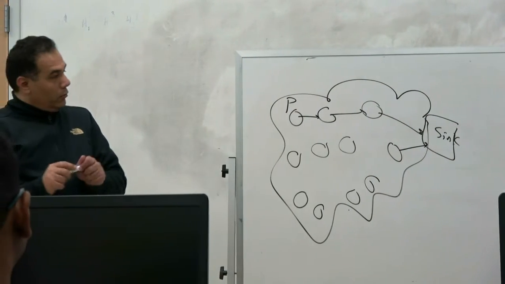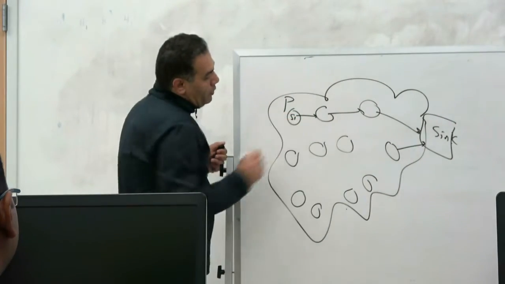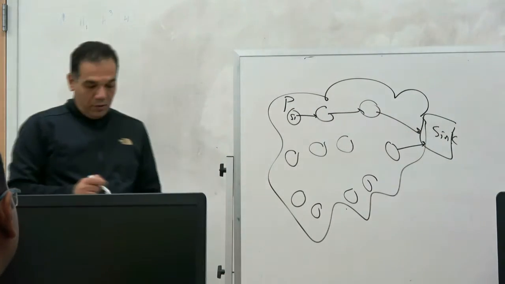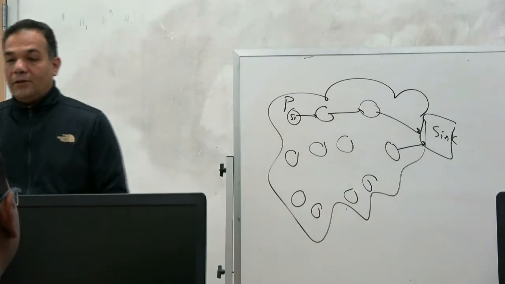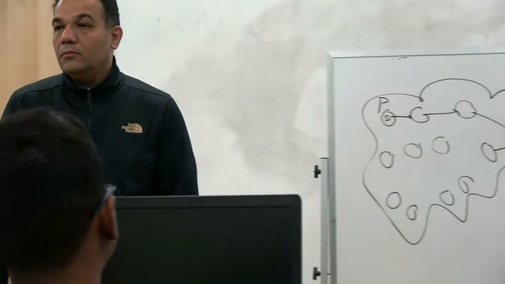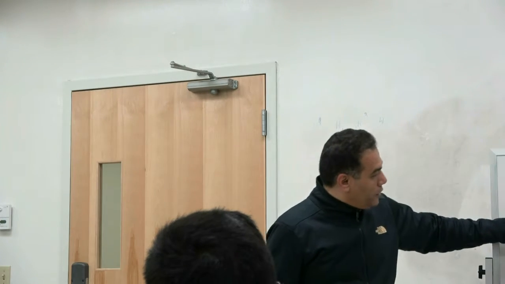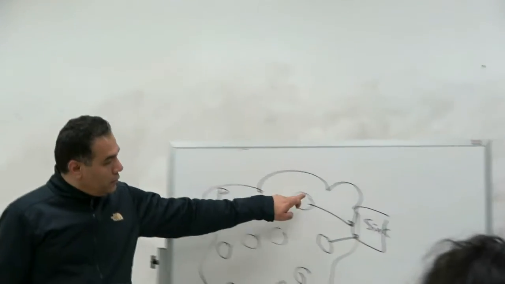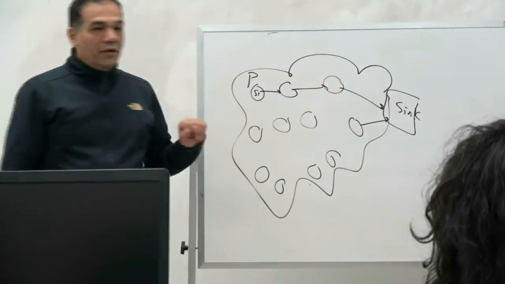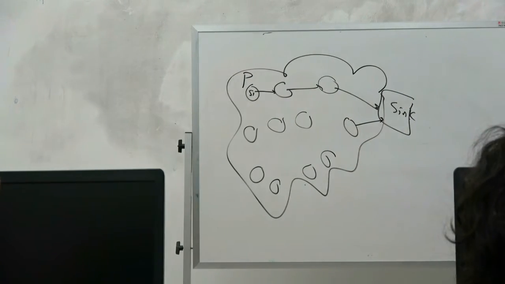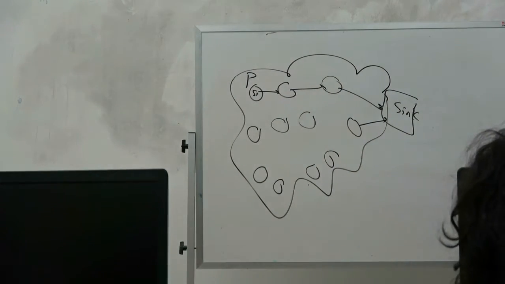If sensor 1 discovers a panda, can it send information to the sink that we have a panda nearby? Is that good or bad? Please can you repeat it? This sensor discovered a panda and sends the data to the sink that a panda is here. Is that good or bad? Bad. Why is it bad? Because somebody could tap the frequency.